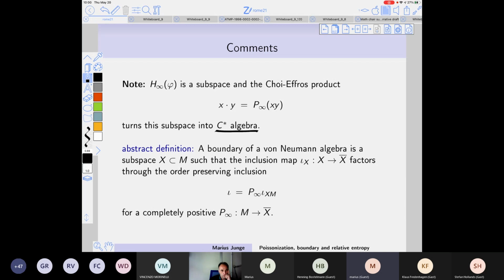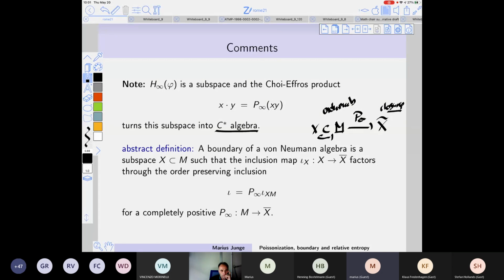So abstractly, we could call something a boundary whenever this situation occurs. If we have X contained in M with some kind of order embedding, and then a projection back to X. In some cases you have to take some kind of closure, and I don't want to be very specific about this; it depends on the situation. If the map phi is normal, you can work with the weak-star closed space, and it works. If it's not normal, then one may have to go to the double dual if necessary. So we have a factorization from X to X double star through M, and that's a version of an operator algebraic boundary.